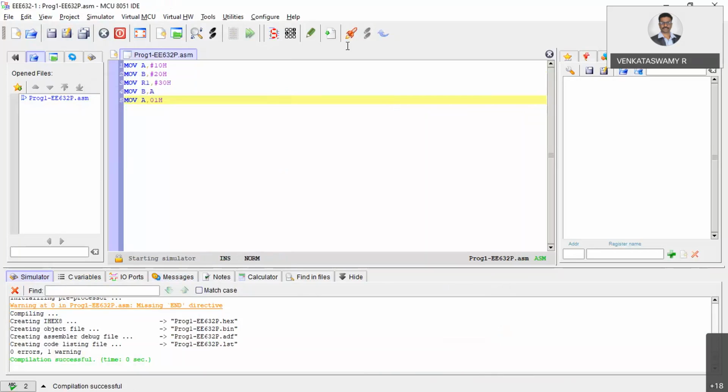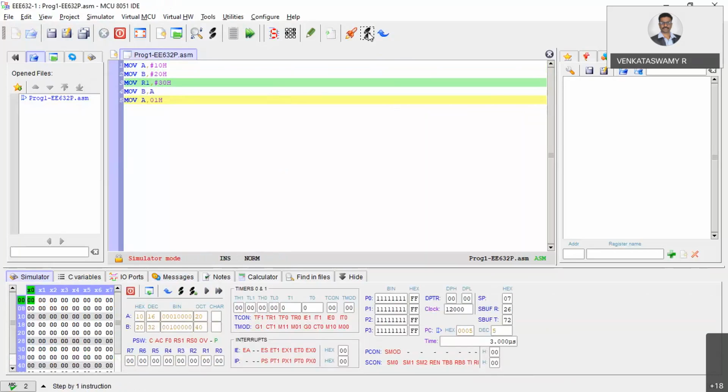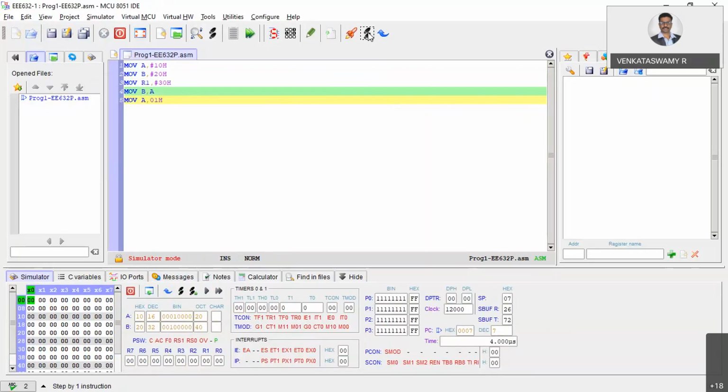He ran that program and it is running. Now step by step, 10 came to accumulator, 20 came to B register, and then click on, 30 came to R1 register. R1 register address is nothing but 01.